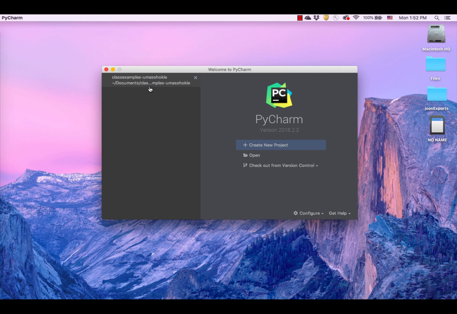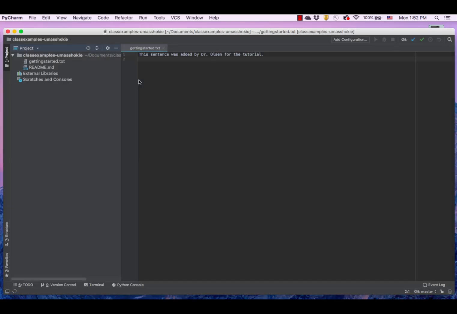Alternatively, if we've deleted this sidebar, we can use the open folder to then find it on our computer. After we've opened it, we'll see it exactly as we last left it off. However, before we ever work on a project that we have previously opened, whether it's still open in PyCharm or we need to open it again as we just did, we always want to make sure we pull changes down